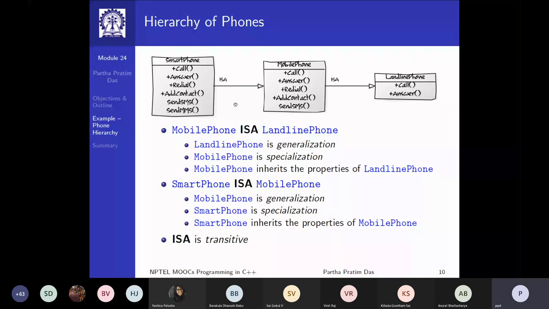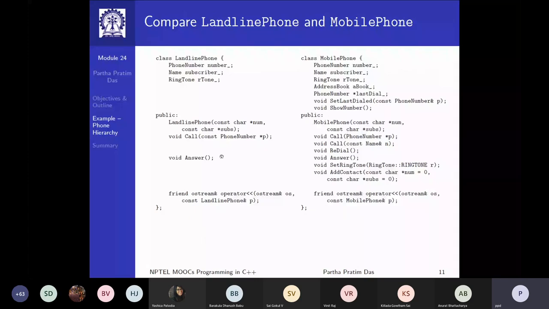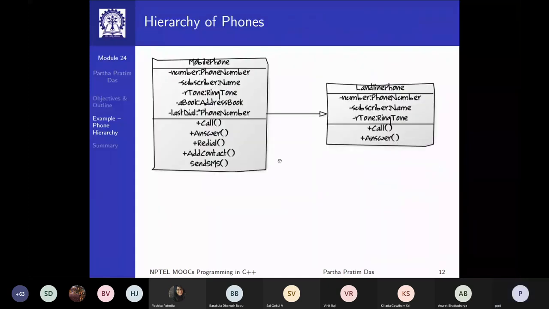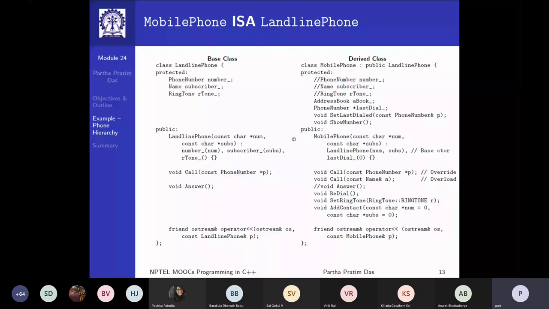So now we can code that, putting the landline phone code and the mobile phone code side by side. So this is put in more detailed terms. This is how the ISA hierarchy will look. If we now put it in the hierarchy, then we have mobile phone, public, landline phone. Right? So this is what the hierarchy will look like, and then we will have a call in the